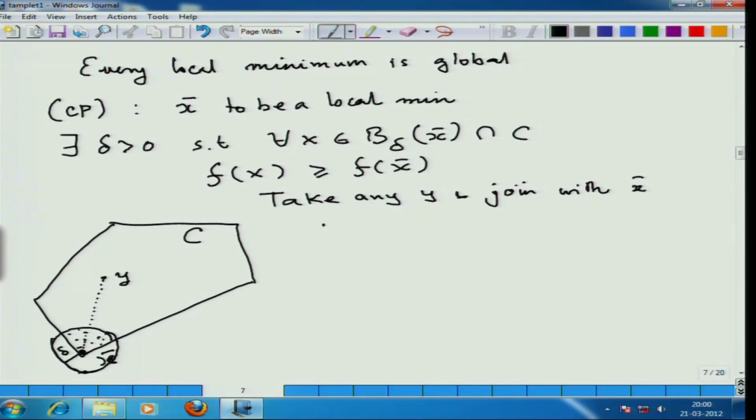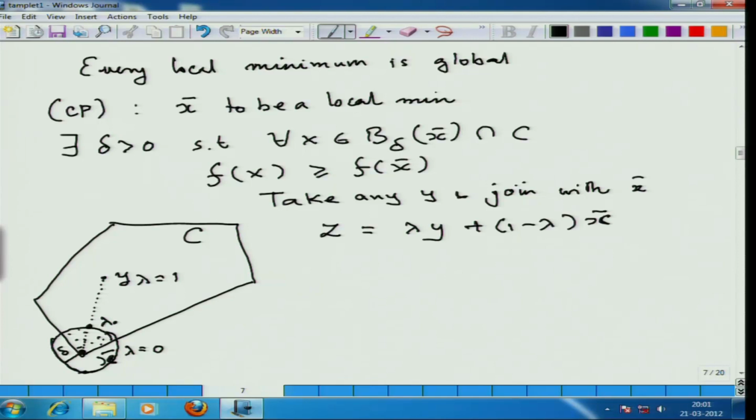So, any point on the line segment connecting y and x bar can be written as lambda y plus 1 minus lambda x bar, which means when lambda is 1 I have y, when lambda is 0 I have x bar. So, that means this is lambda equal to 1 and that is lambda equal to 0. So, when I am dropping the value of lambda from 1 to 0, I am actually moving along this line segment. So, as I move along this line segment, I will come to this threshold point